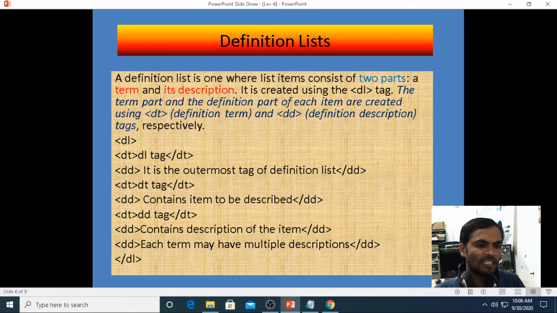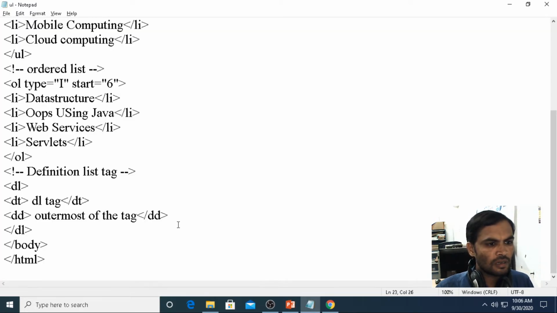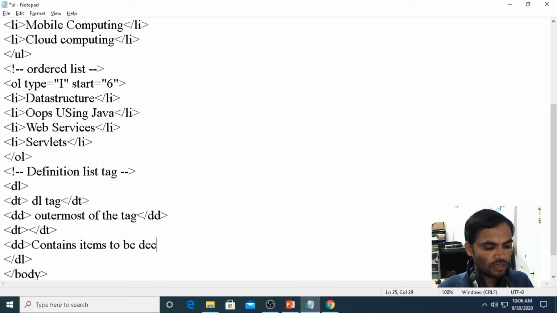The DT tag contains items to be described. Now this is something content we can give.